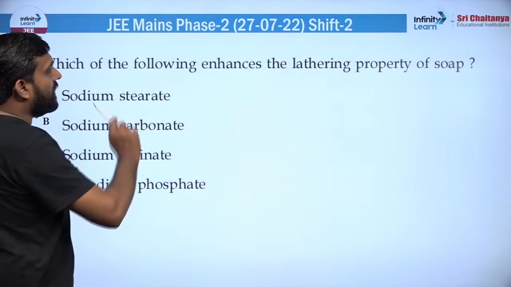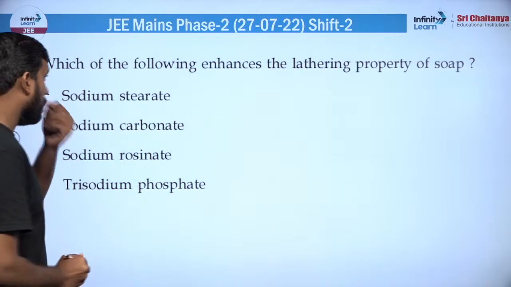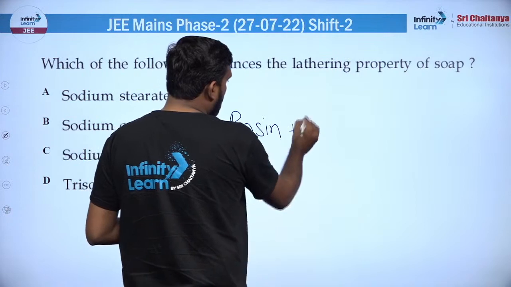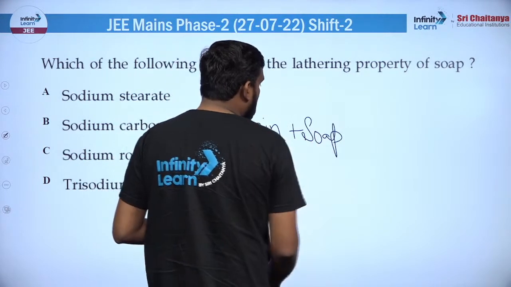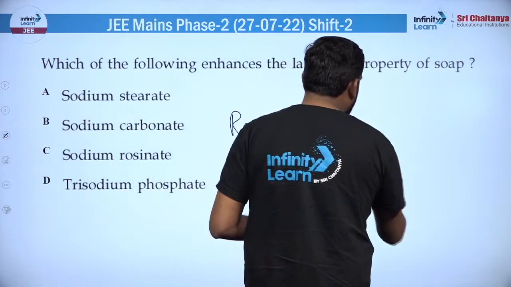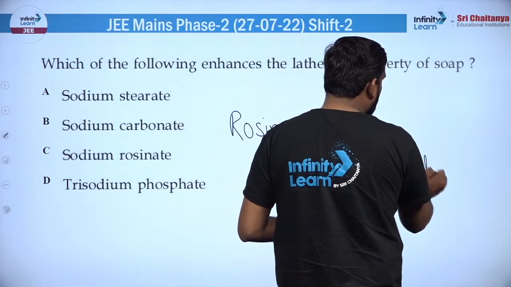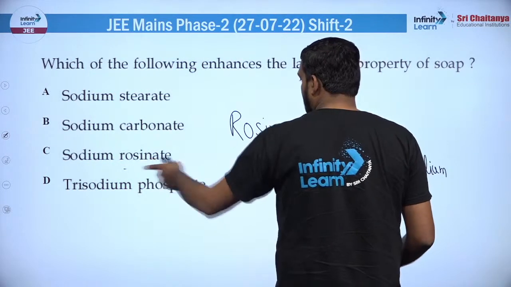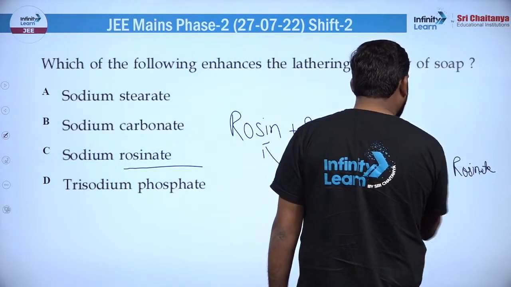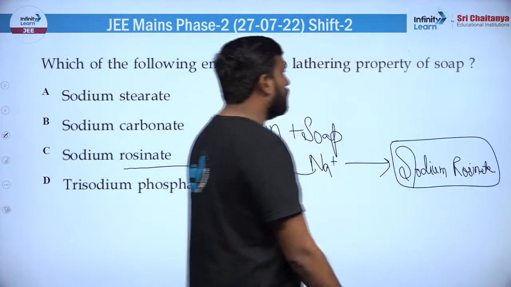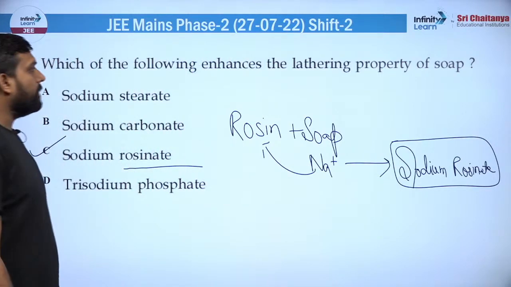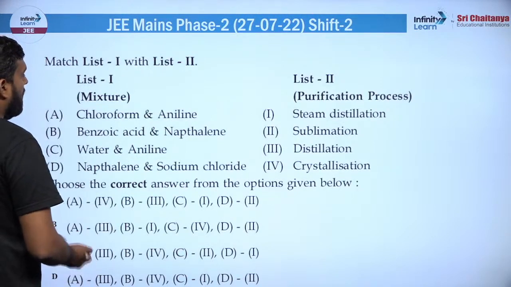चलिए अब एक क्वेश्चन है, विच ऑफ द फॉलोइंग एनहांसेस द लैथरिंग सोप प्रॉपर्टी ऑफ द सोप। तो एक कंपाउंड होता है रोजीन, ठीक है। जब इसको हम लोग सोप में डालते हैं, तो सोप में सोडियम होता है, जो सोडियम आयन इससे रिएक्ट करता है और सोडियम रोजिनेट बना लेता है, ठीक है। तो सोडियम रोजिनेट जो बनता है, ये एक्चुअली इसकी लेथरिंग प्रॉपर्टी को बढ़ा देता है, ठीक है। यानी जो झाग नहीं बन रहा होता, उसको इंक्रीज कर देता है। तो जो आंसर होगा ऑप्शन नंबर सी हो जाएगा, ठीक है।